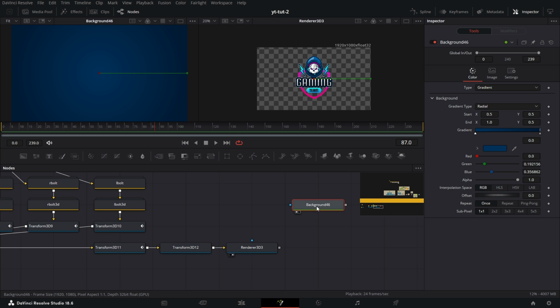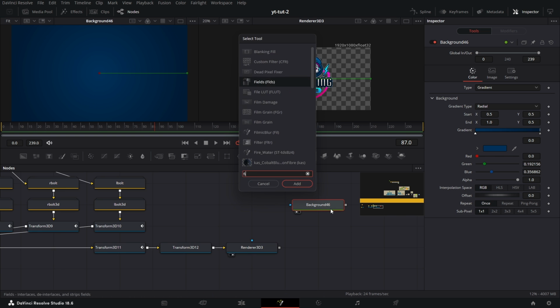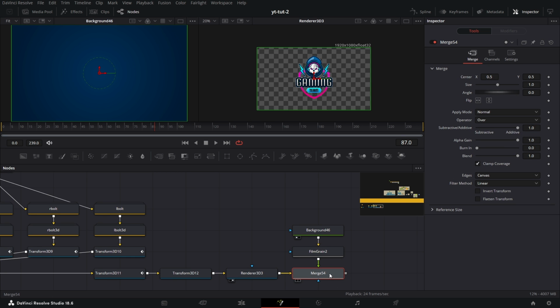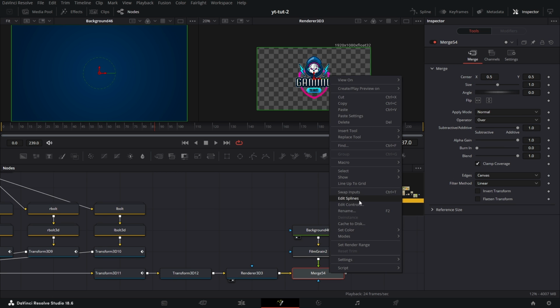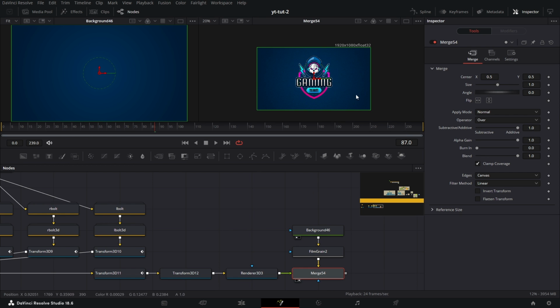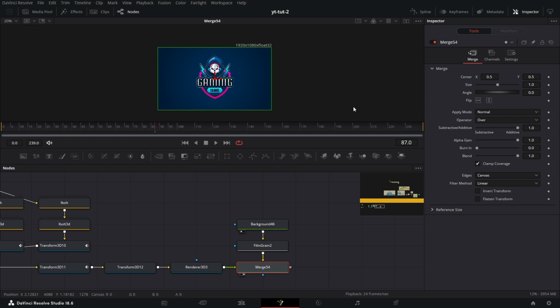Now we need to add a bit of film grain on this because by the time you export this, it may have bands. So I'm just going to click on here, Shift Space bar, film, pick film grain, add, drag that here, set the size to 0.1, connect this to renderer 3D, let's swap inputs. So this is the background and this is the foreground, drag that to the viewer, and then we're good to go. Let's make a single viewer, fit,